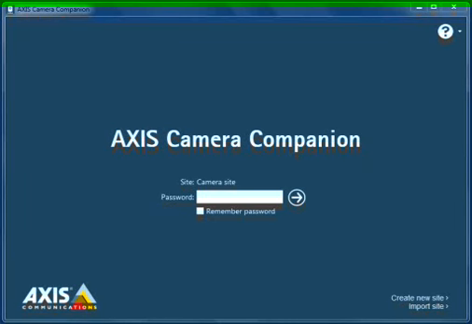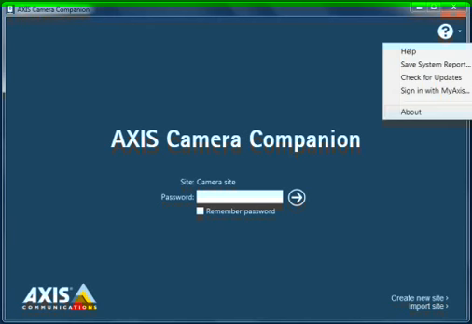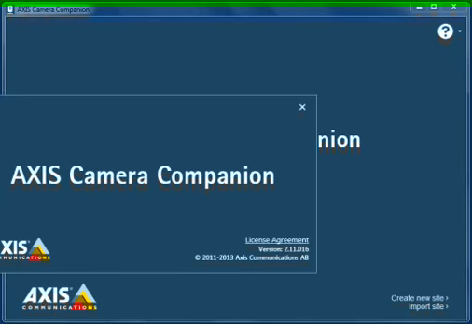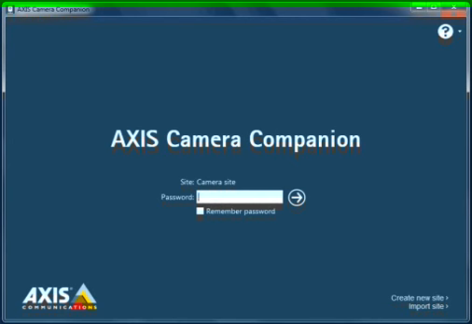Hello, today we're going to have a quick overview of Axis Camera Companion. For this we're going to show you a quick tutorial about version 2.11.06. This is a free application that you can download to control, view and play back footage from your Axis cameras. What we're going to do is I'm going to show you quickly how to create a new site, as